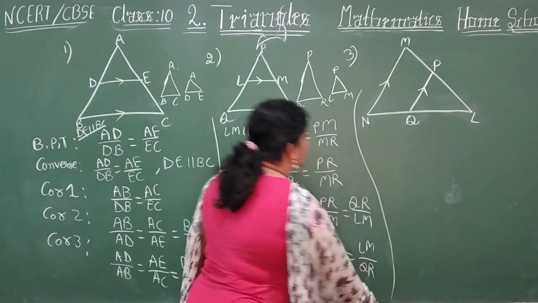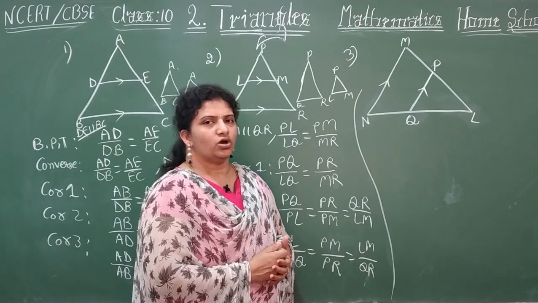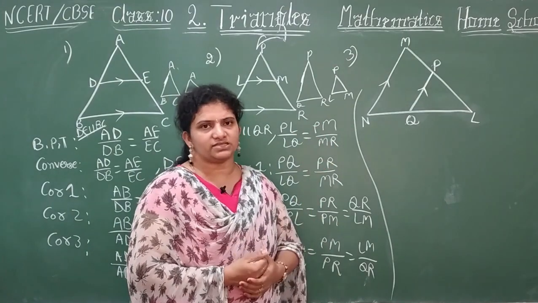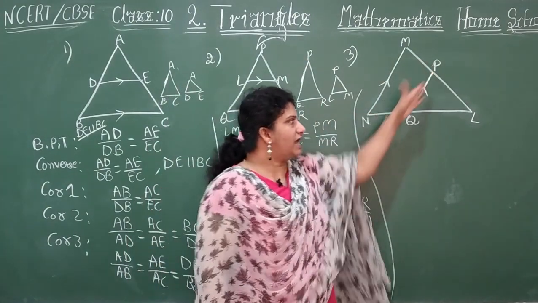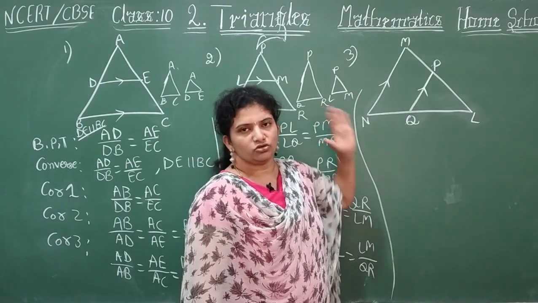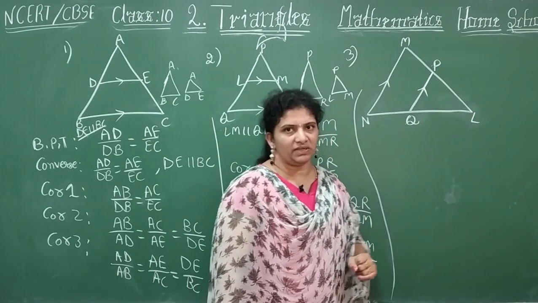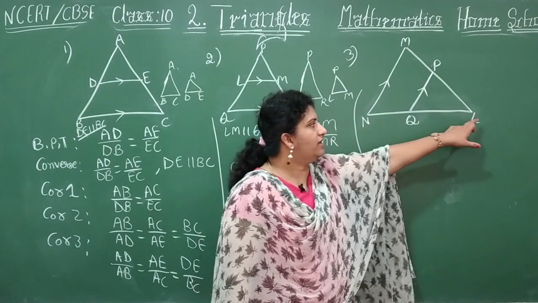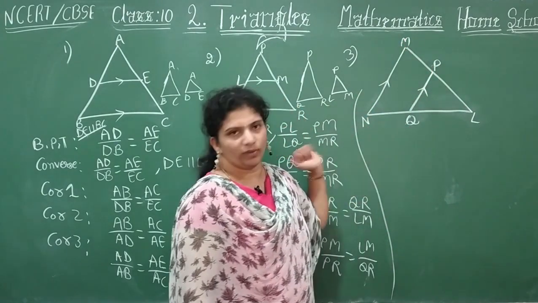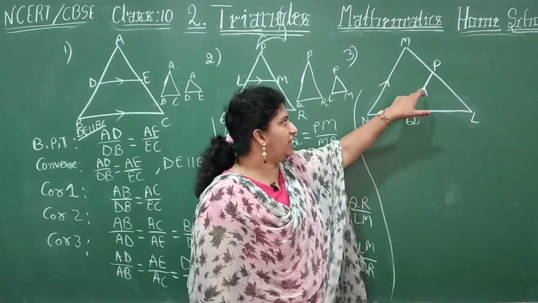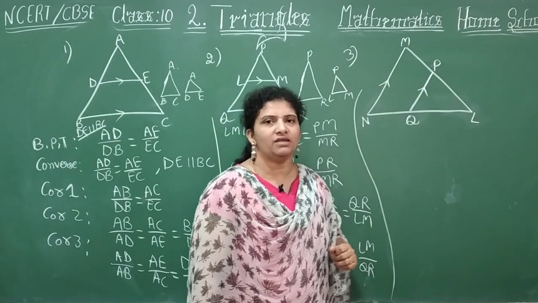Look here, children, the third example I have taken here. What is this? Your triangle is sleeping. So there is no rule that you take only this side or that side. You can take any side. So one example I have given here. A side is parallel to this side. So don't worry, you make your figure with this as the vertex and then apply BPT. Apply here carefully, children. LP by PM is equal to LQ by QN. What is your BPT? If this line is parallel to this line, then the ratios are in proportion.